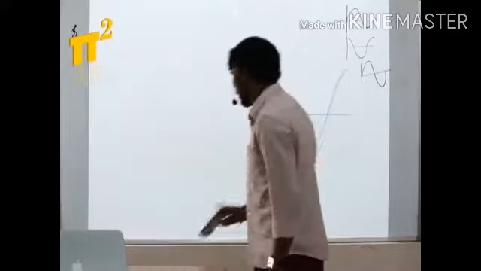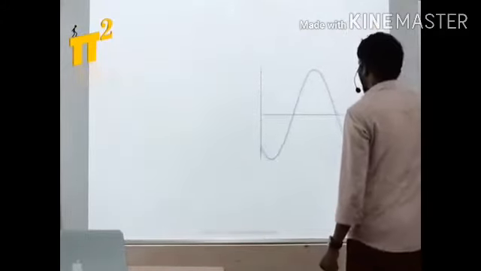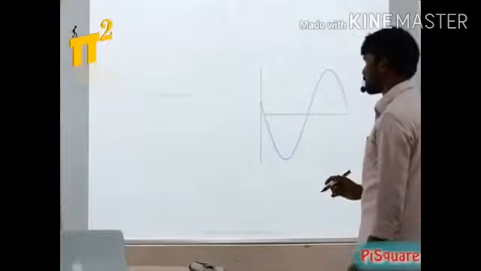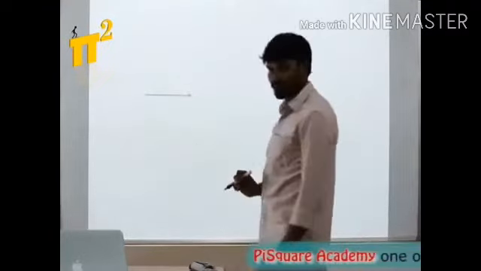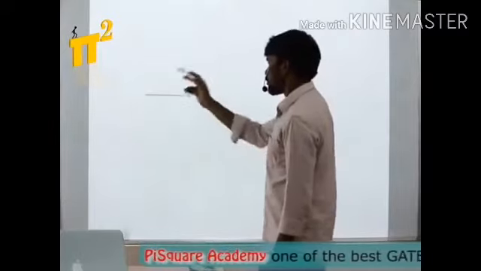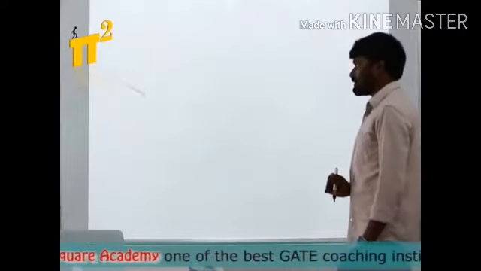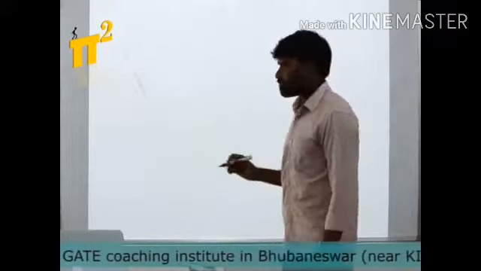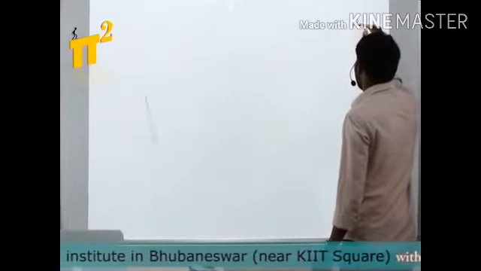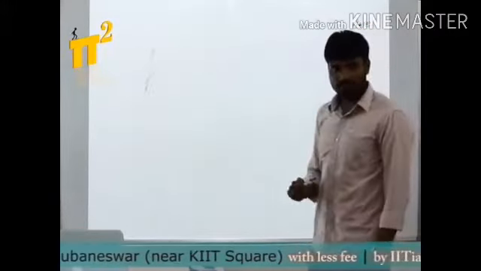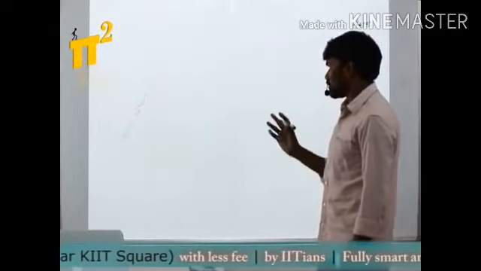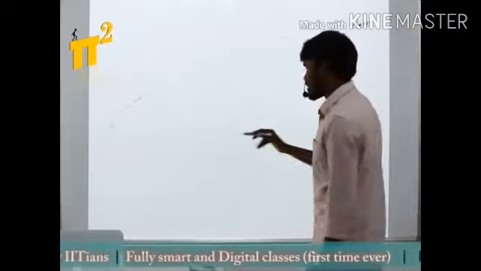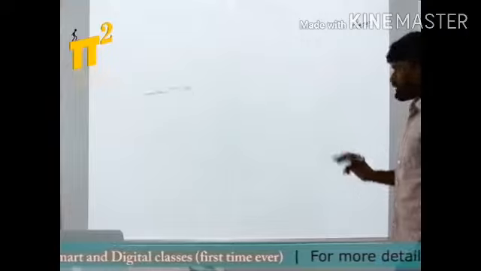So I will call this sine wave exactly represented by this single line, and of course which is rotating. So the single line was a vector. If I rotate the vector, I will call it a phasor. So phasor is nothing but a rotating vector. So you might be wondering how this rotating vector is the same as the sine wave you have seen. I'll clarify it.